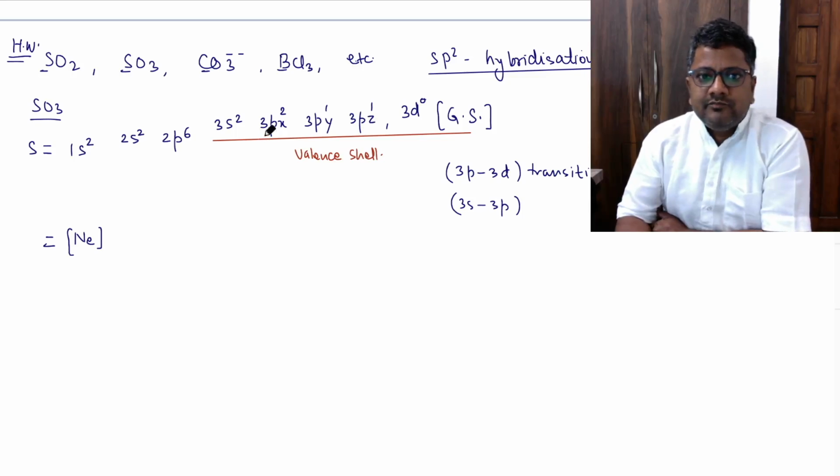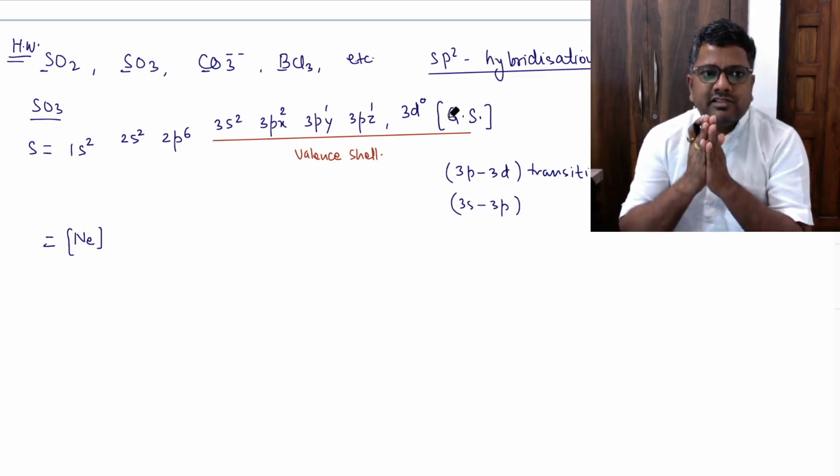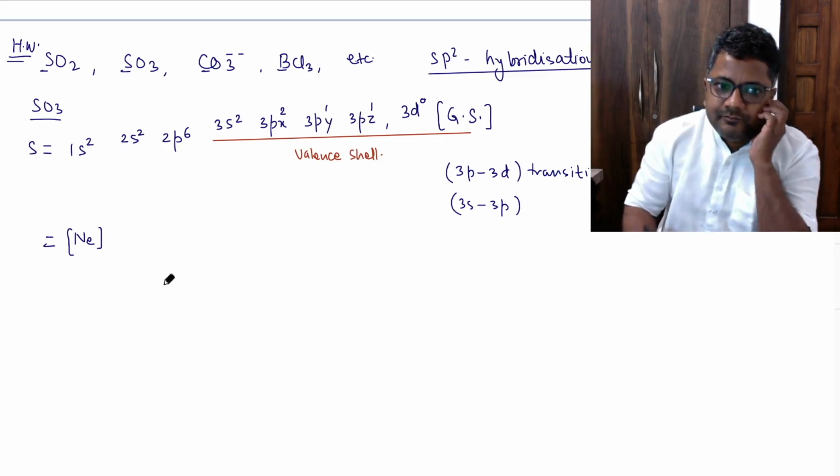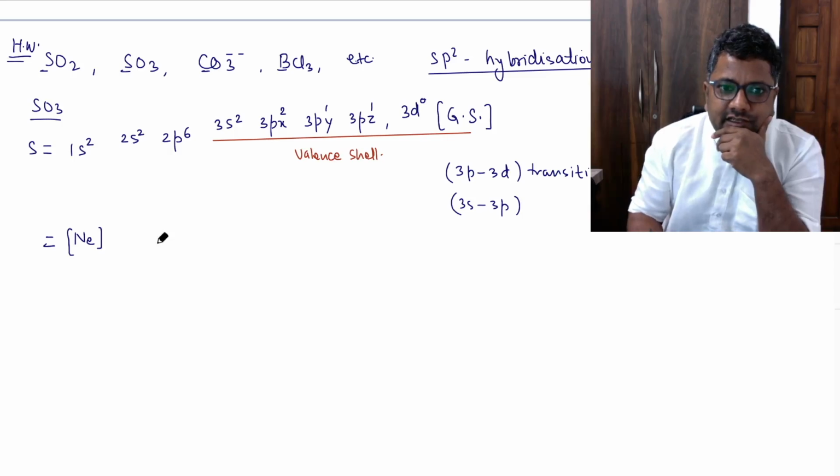So here we want all unpaired electrons, and the total number of orbitals involved in the bonding of the sulfur trioxide molecule: 1, 2, 3, 4, 5, 6. Total 6 orbitals must be involved, right? So the electronic configuration is like this: